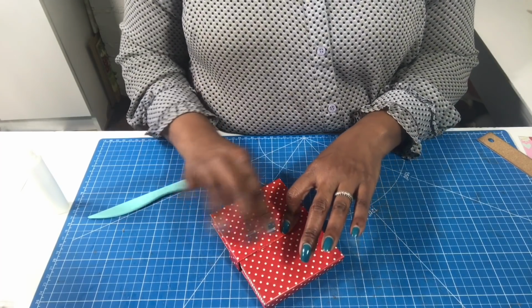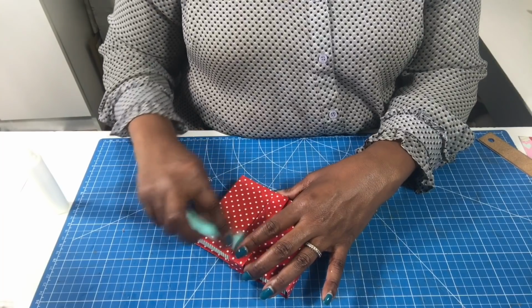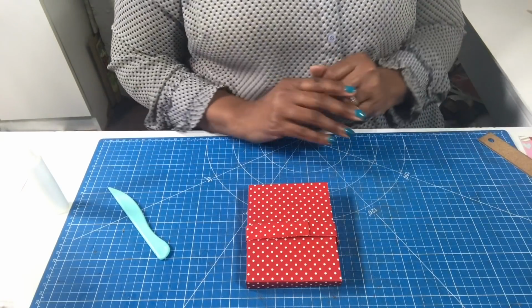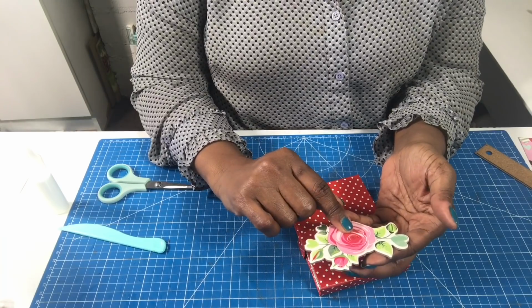Then when you think you have a good fit on your belly band, just smooth out that glue. You can do this with hot glue, wet glue, or double-sided tape. Either one will work. And then the final thing that I want to do is I have this chipboard sticker